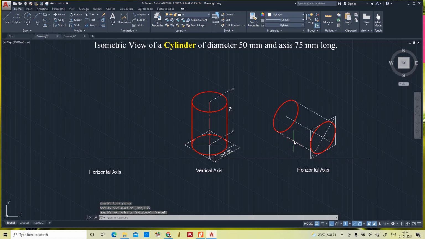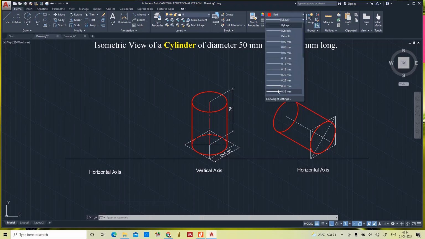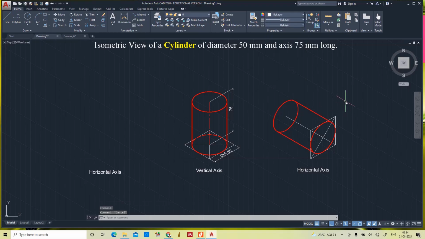Yes, so this one and this one will be clearly, sorry, color red, 0.35. Yeah, now this is the front view, and we know that when you observe from this direction, this circular part will be invisible.